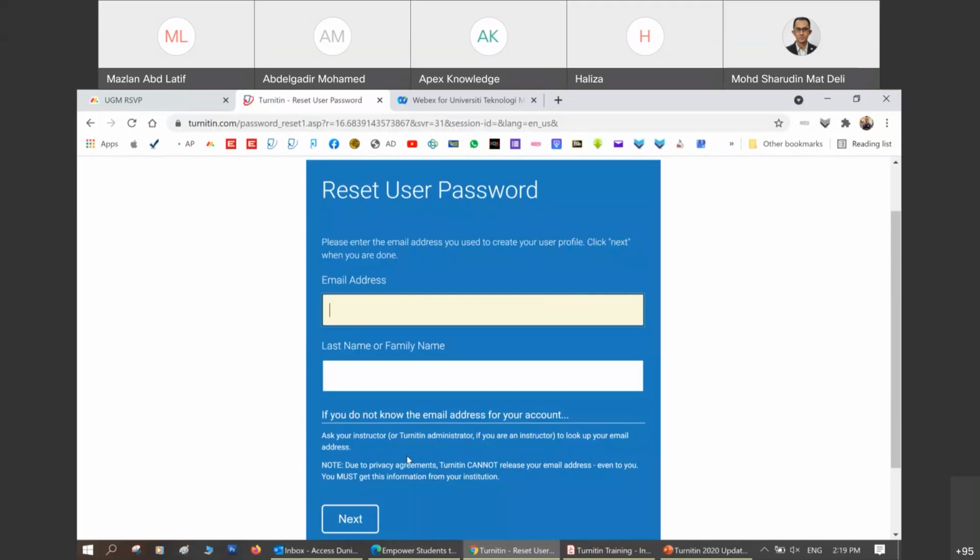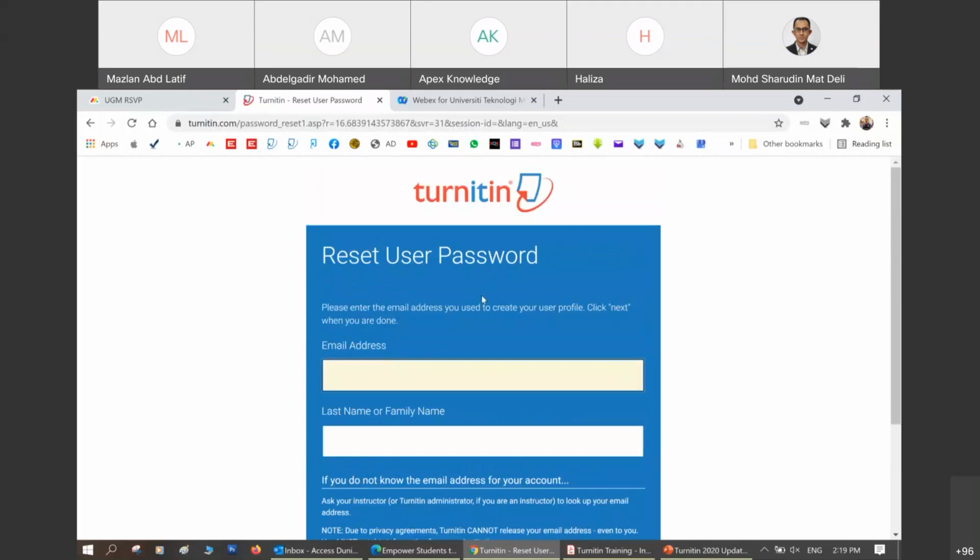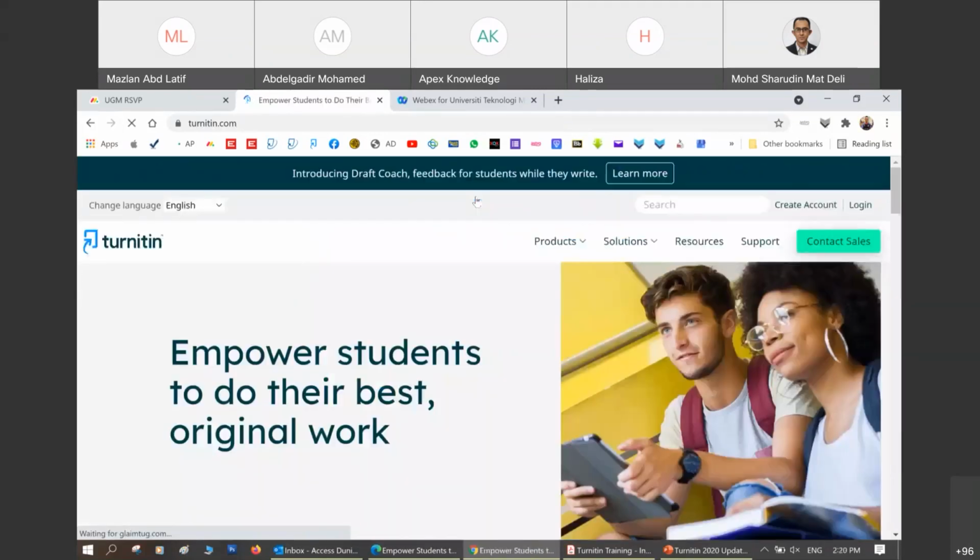Okay, if you can answer the secret questions, then you can straight away set the new password for your Turnitin login. For those of you who already have a Turnitin account but cannot log in because you forgot your password, just reset your password. For new users who don't have a Turnitin account,